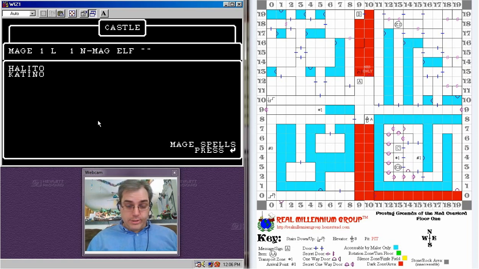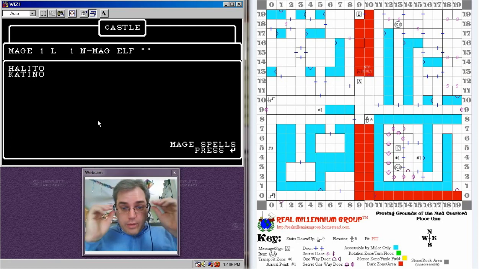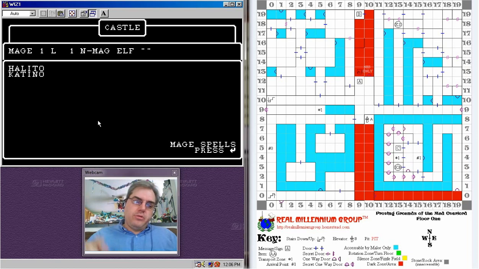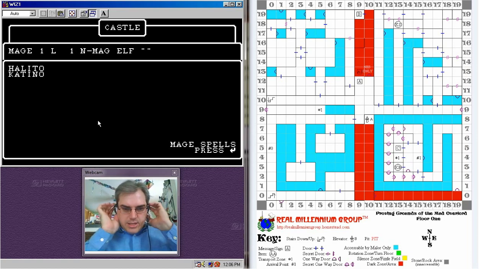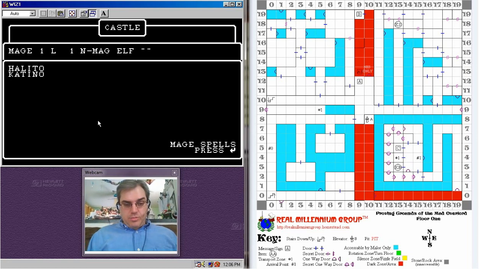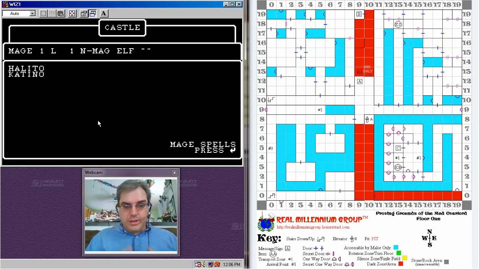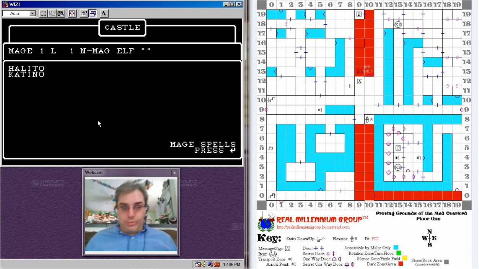Of course you have to know what these do, and the only way you can do that is actually reading the manual or the guide we have to Wizardry on our website, www.realmillenniumgroup.com. Go to RMG Gaming, there's a banner on the front page that leads you to that page. Look for the Wizardry Online banner, and you will see a little link next to that for our Wizardry guide. Still being worked on for the past decade and a half. Eventually we will get it completed, just like we will eventually get the Guild Wars guide completed and the Star Wars Old Republic guide completed.